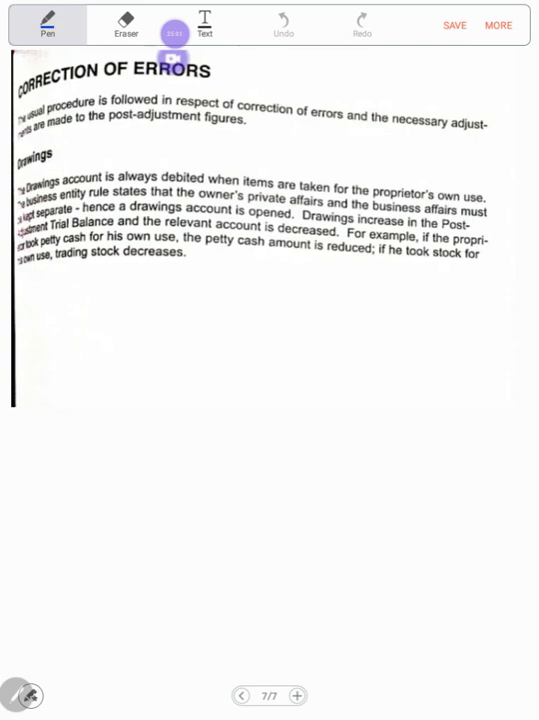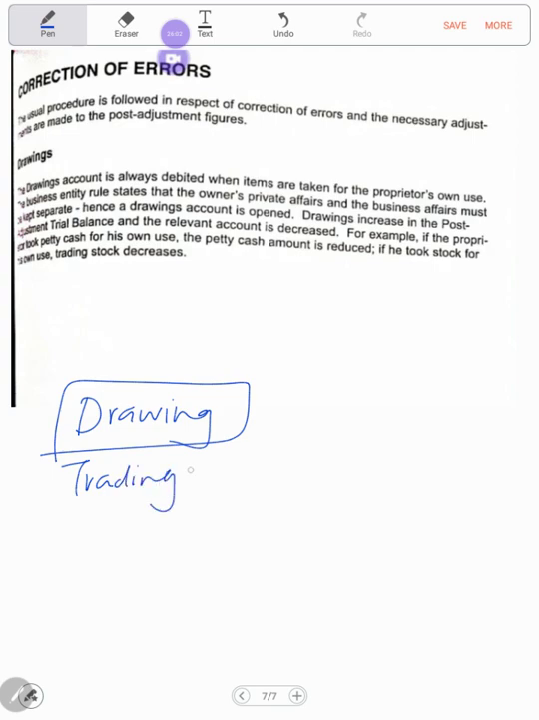Drawings. The drawings account is always debited. You always know what to do with drawings. Debit, right? And what will be credited? Let's read. For example, if the owner took petty cash for his own use, the petty cash amount is reduced. If he took stock for his own use, trading stock will decrease. So instead of writing drawings, you will then write trading stock, whatever he took for